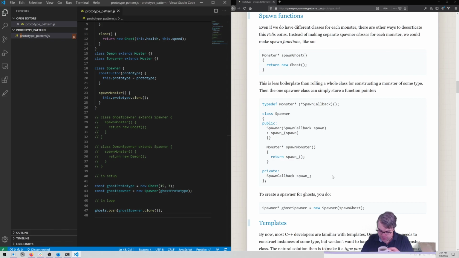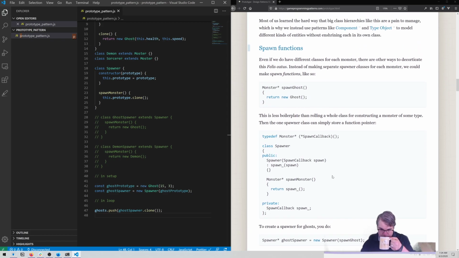Spawn functions. Even if we do have different classes for each monster, there are other ways to